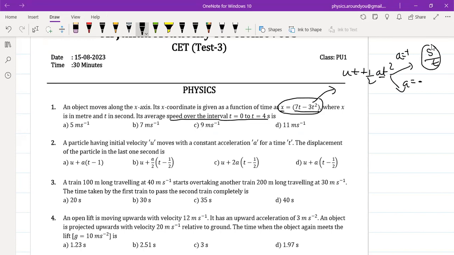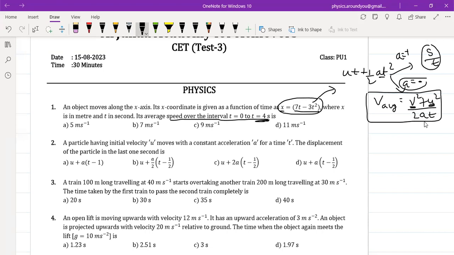As simple as that. But whenever acceleration is negative, see here, in ut plus half at square there is a minus sign, so acceleration is negative. Here, average speed has a certain kind of trick to it. Okay, the trick is (v square plus u square) by 2at, where v is the velocity of the object at t equal to 4,